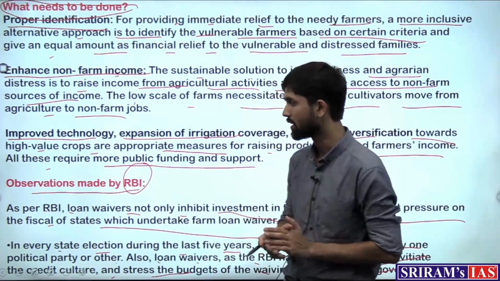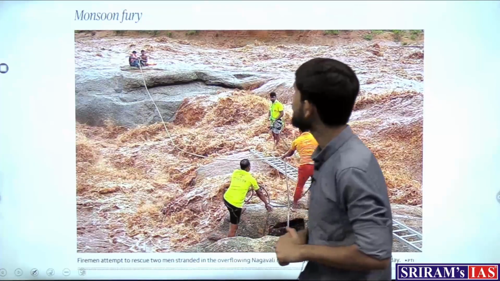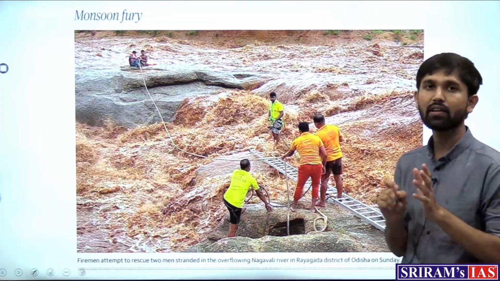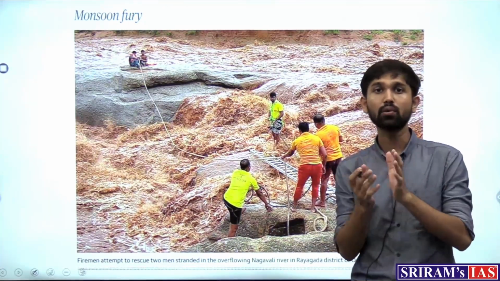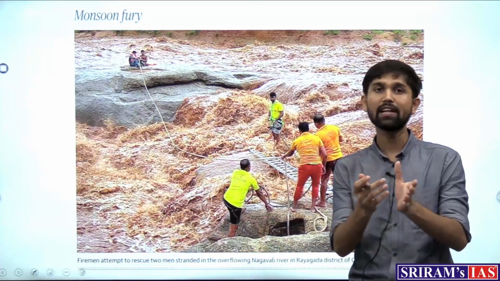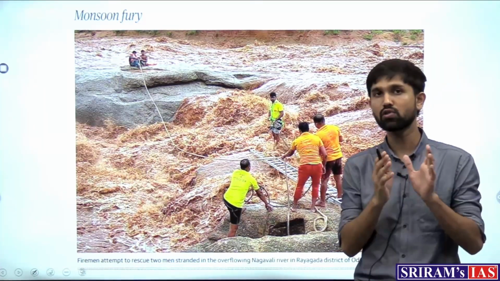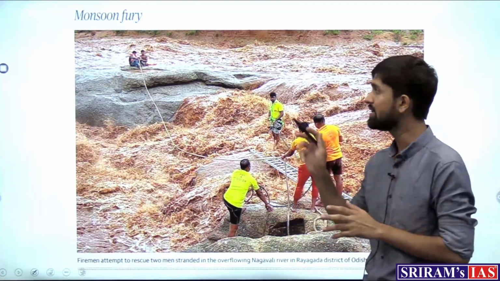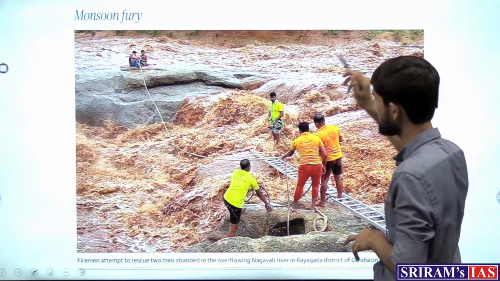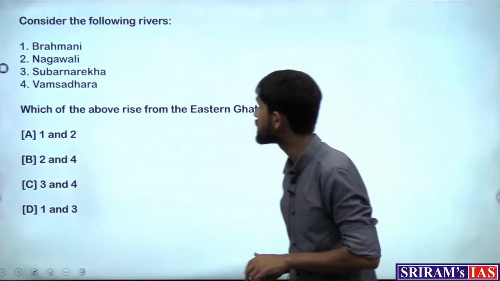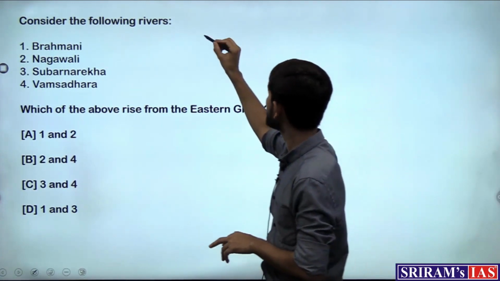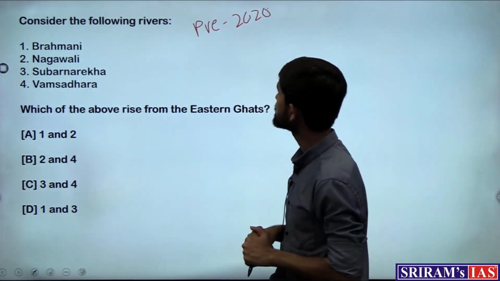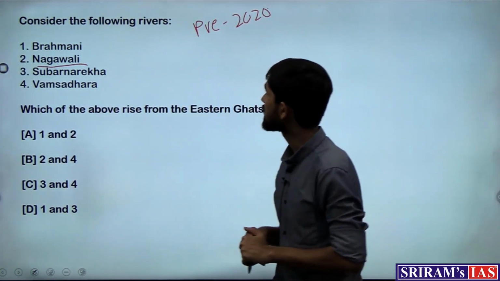Let's move on to our next article for the day. The next article, which appears as an image in the newspaper, is about the Nagavali River, wherein we know that the regions of Andhra Pradesh and Odisha have been witnessing a lot of rainfall, and the river Godavari has already been flooded. So even the river Nagavali has overflowed, and in this context this river becomes important for us, where already a question was asked in the prelims of 2020, which asked about the river Nagavali and other rivers.